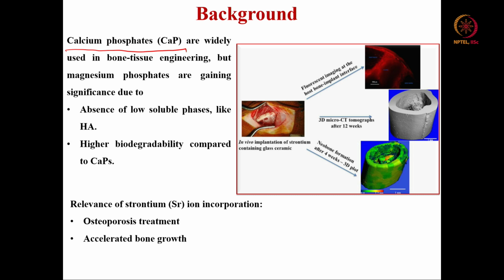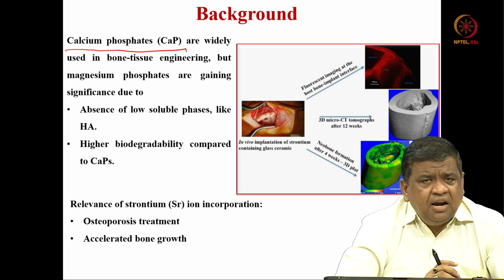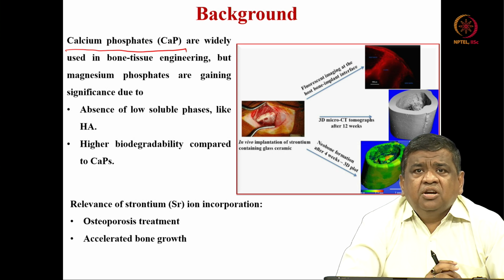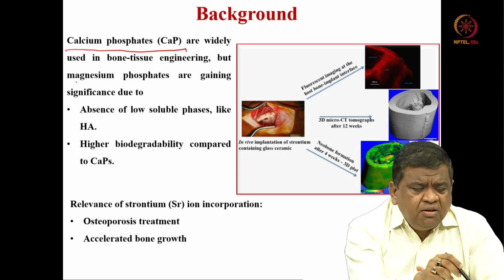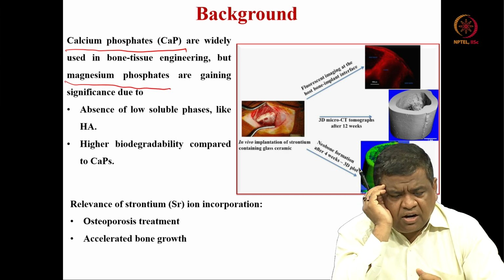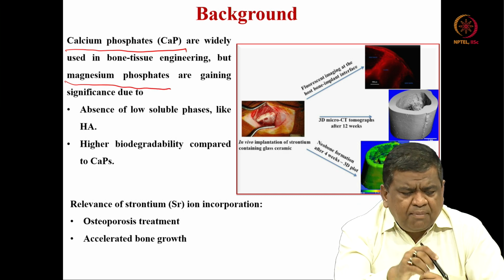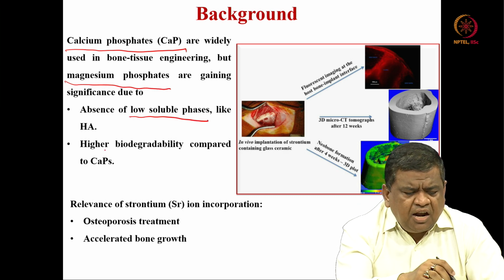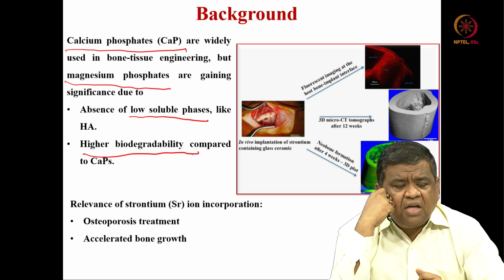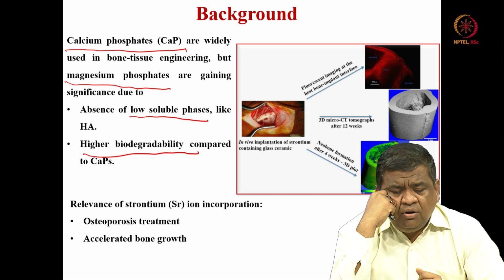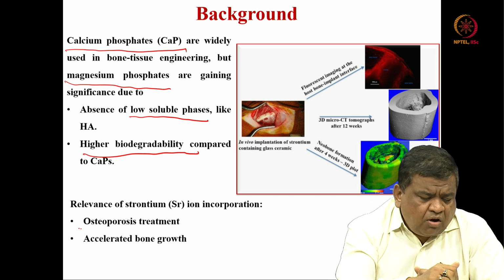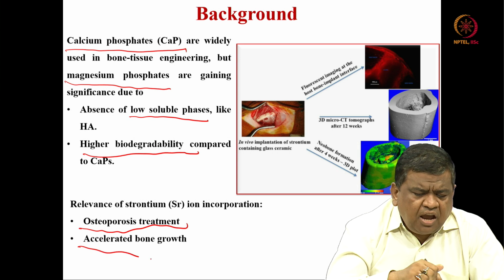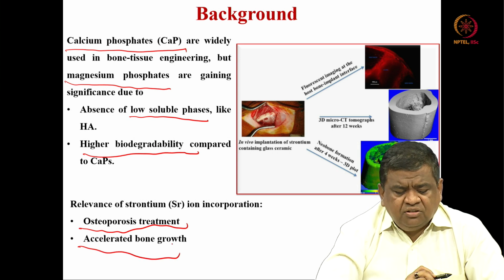But magnesium phosphates, as I said in one of the earlier lectures, have also attracted a lot of attention, because of the absence of low soluble phases and higher biodegradability than calcium phosphate based materials. Strontium ion incorporation has specific benefits or advantages, one for osteoporosis treatment and another for accelerated bone